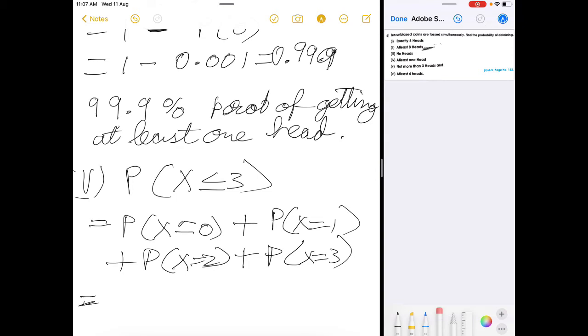What all we need to calculate? 1 divided by 2 to the power 10. Remember, 1 by 2 to the power 10 is common to all the probabilities, so I am not even writing the formula. Alright, if you want I can write the formula in the end, but for now I am not even writing the formula. Essentially I will get 10 C1 plus 10 C2 plus 10 C3.